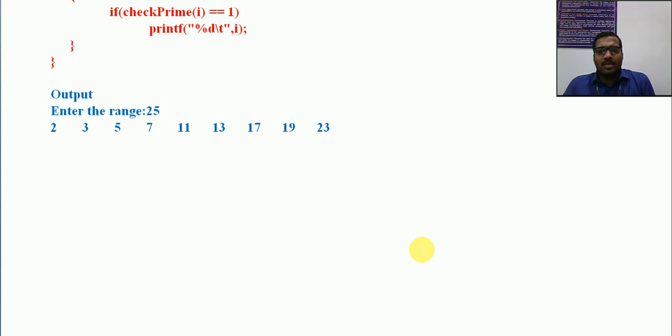So functions actually make the programmer write programs easily, because if you want to do the same process repeatedly, we can replace that by defining a function separately, and simply by calling that function we can do all these activities. So that's it for now. You may work out some more programs related to functions. You can refer to some textbook. You can also Google and look at various function related programs.